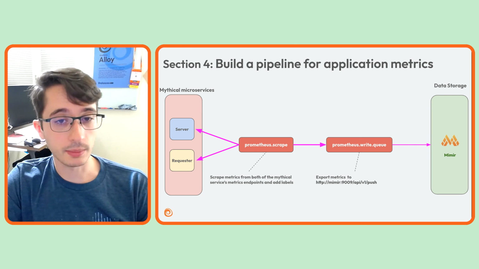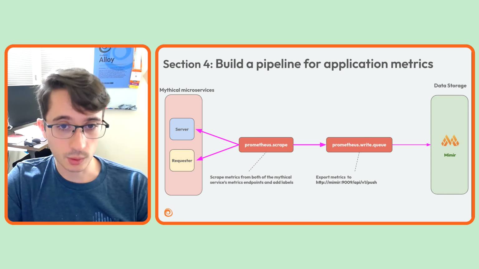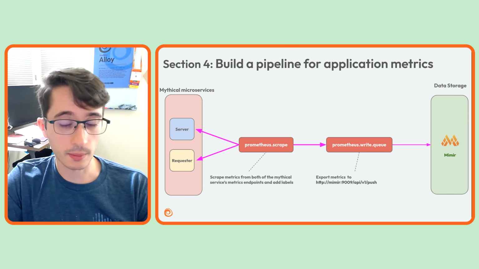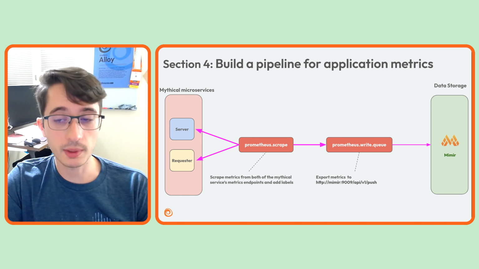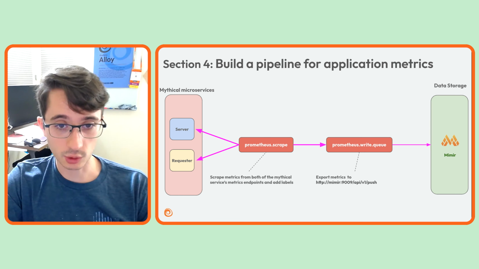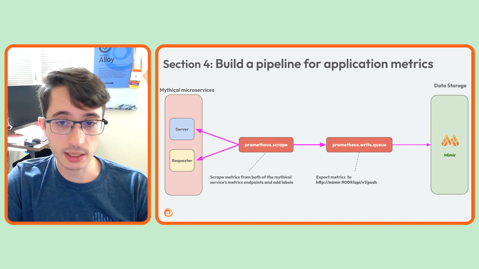Here's the pipeline that we'll be building today. To begin, we will start scraping Prometheus metrics from our mythical server and requester using the prometheus.scrape component. The scrape component will forward metrics to a recently added experimental component, prometheus.write.queue, which will send our metrics to the